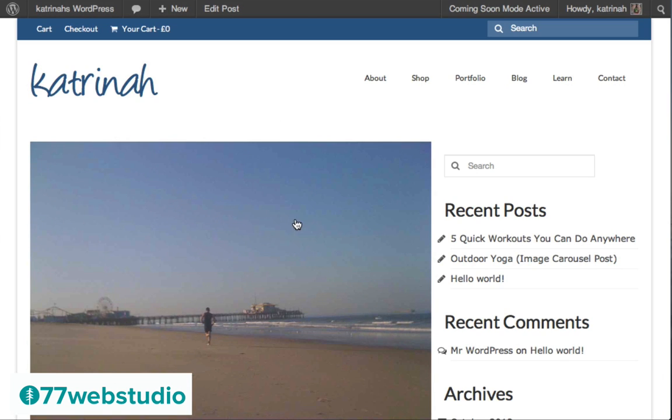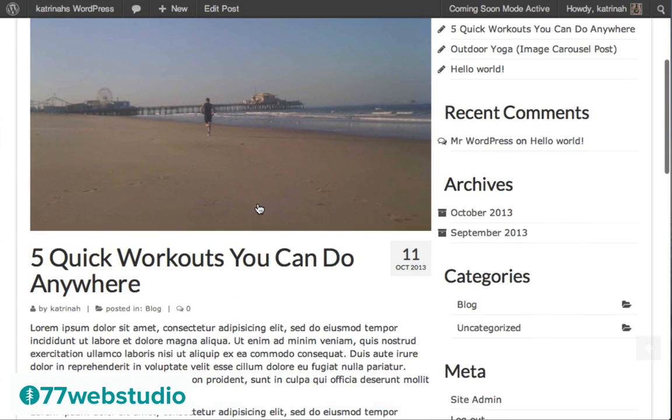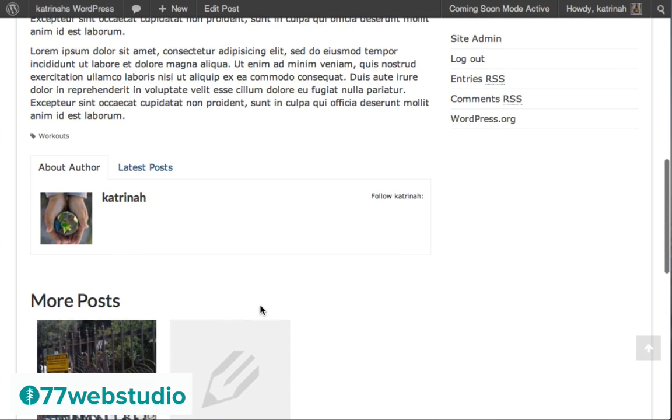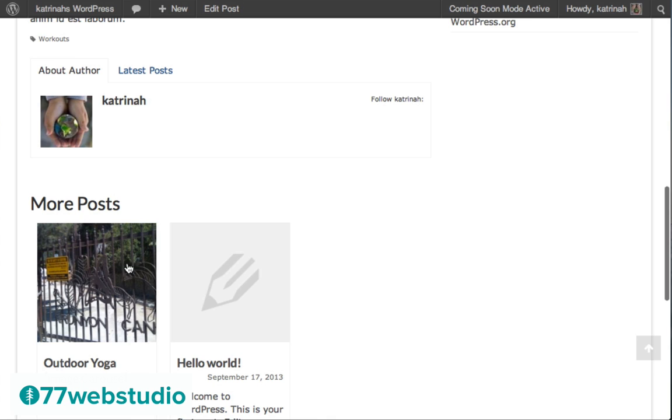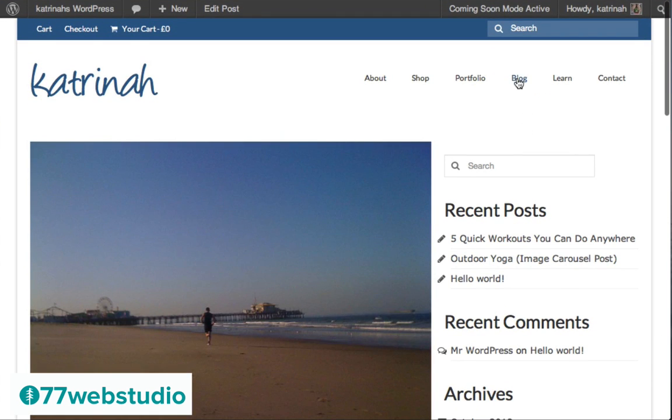Once the blog post has been published, I'm going to click on View Post to view the post. And here we can see my new blog post, once again with the image at the top on top of the blog itself, the author content, and we can see slowly my different recent posts are starting to be displayed in this row here. So let's take a look at the blog archive page by clicking on Blog.